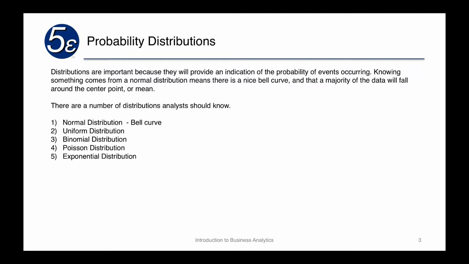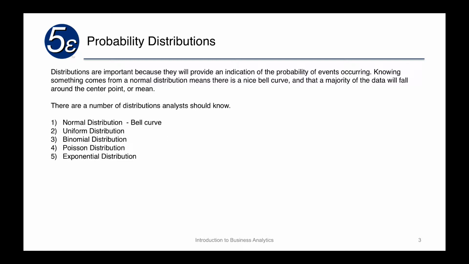Distributions are important because they provide an indication of the probability of an event occurring. Knowing that something comes from a normal distribution means that the analyst already has an idea of the shape and the fact that it's a bell curve, and a majority of the data will fall around the center point, or the mean. There are a number of distributions that analysts should know, and this module goes through what some of